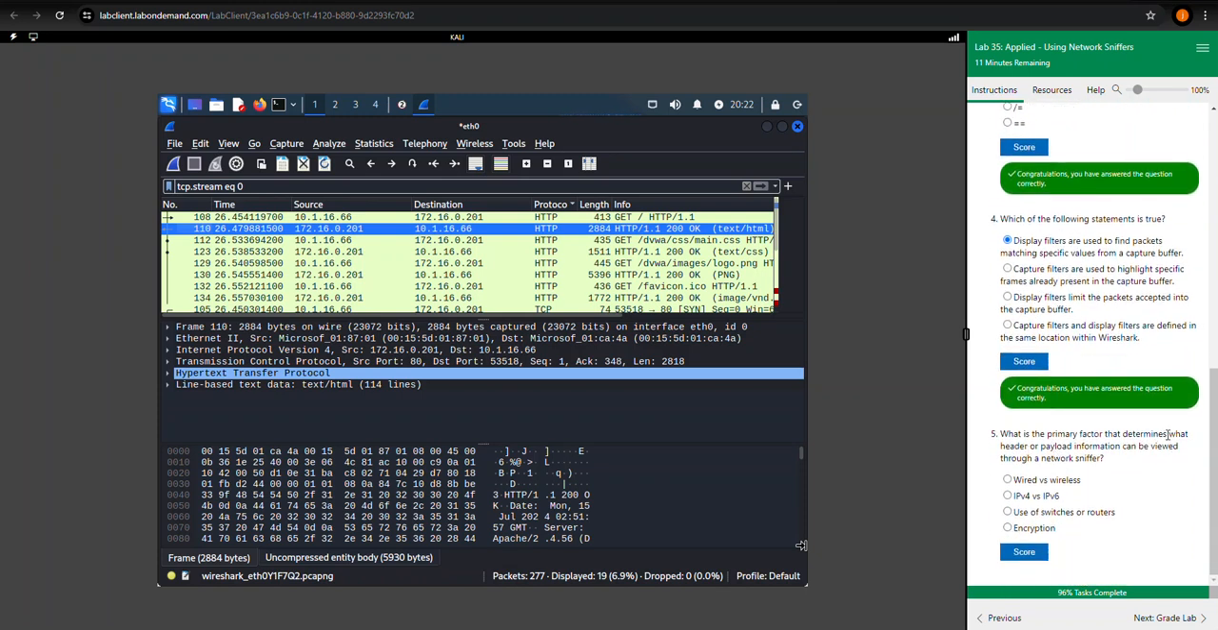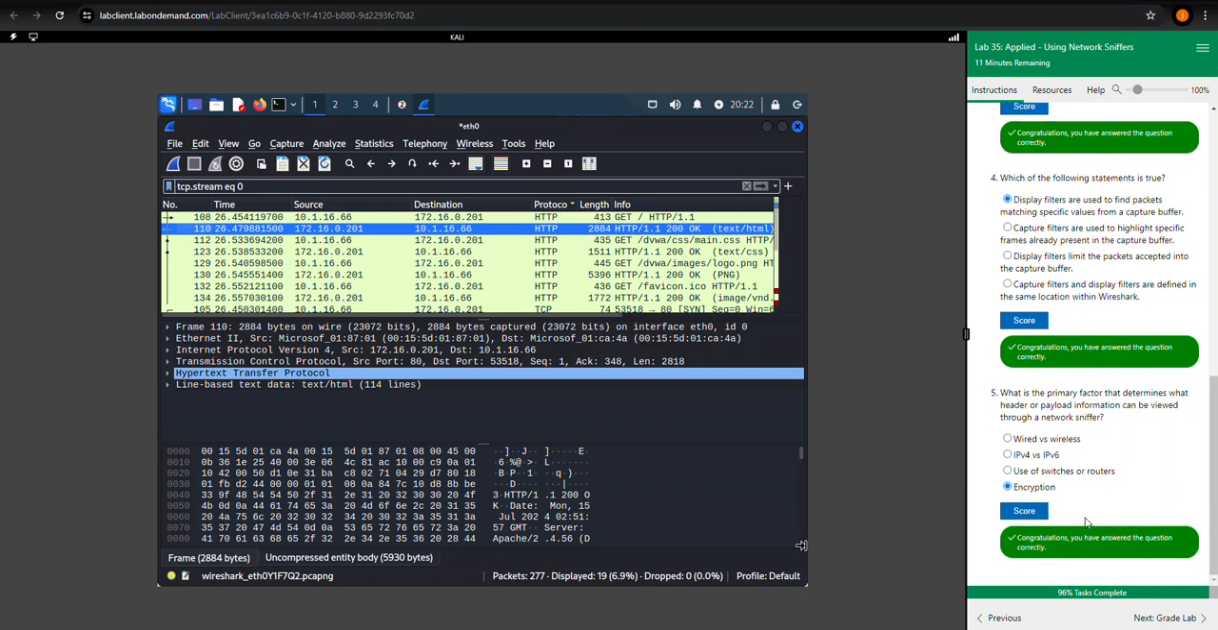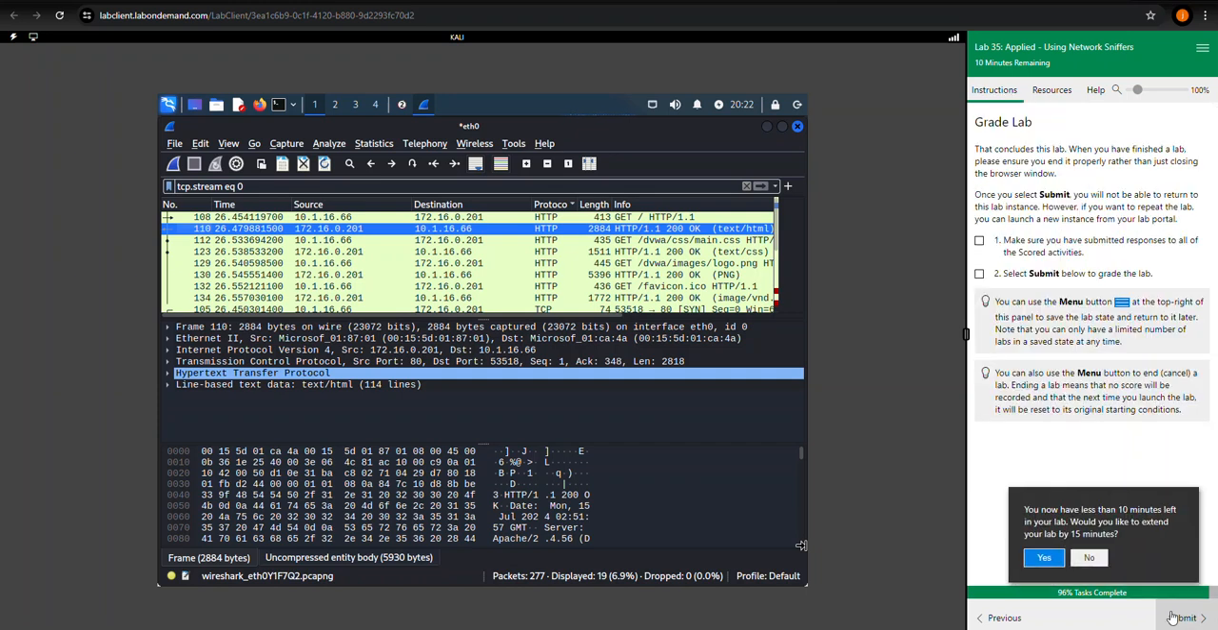What is the primary factor that determines the payload information that can be viewed through a network sniffer? That is going to be encryption. And we're going to hit score, and we are done. You can go now to the next part that's graded. Nope, we're not going to extend this lab anymore. We already finished. We can hit yes, and we should get